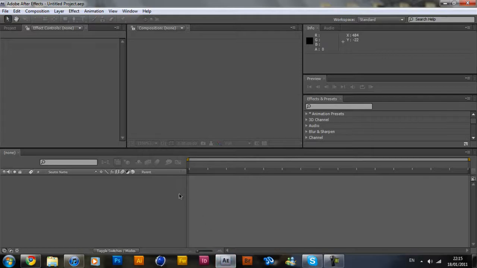Before you actually start, you're going to need to download the link that's in the description for the plugin. It's called Video Copilot Optical Flares. It costs money. If you want to find out how to do it for free, I'm sure someone on YouTube will tell you how to do it. I can't tell you how to do it, but anyway, once you have it installed and put into the folder